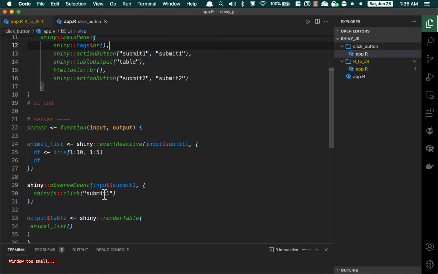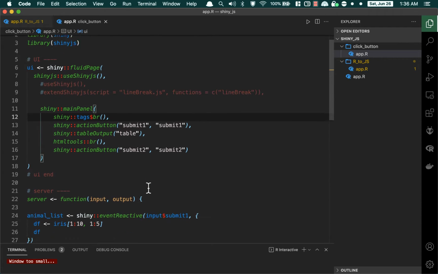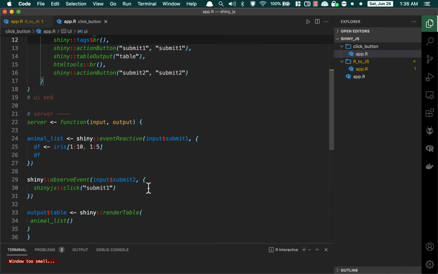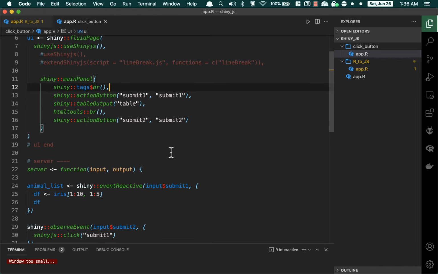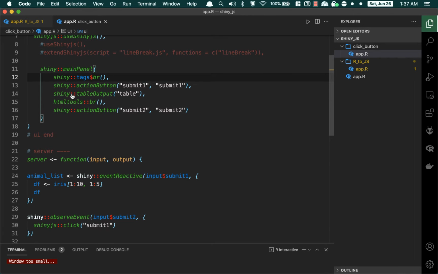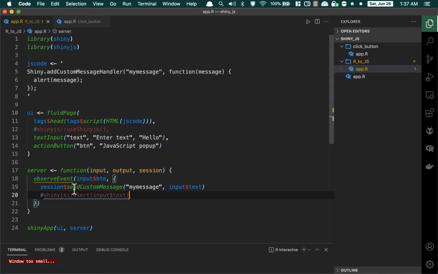I need to find a JavaScript code that, when I click on submit two, will trigger a click on submit button one. So I need to write a function so it will click button one. That's my goal. So what I need to do, I need to change like this one,